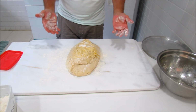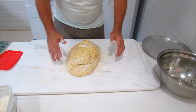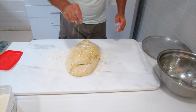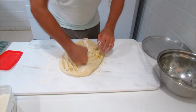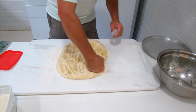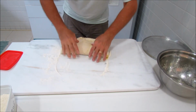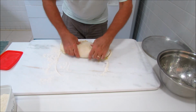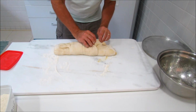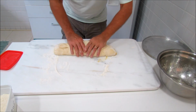You've actually already seen what it looks like at the very end. So now that we've got it on the table here, get a little extra flour on it so it doesn't just go everywhere. We've got to get the air out of there. We're going to punch this down a little bit just to pop all that air out of there so we can start working it just a little bit more again, okay? Not too much extra flour, that's a bad thing, okay? Especially right now, because what will happen is when you fold it up, if you have too much flour on there, when you go to stick it in the oven, it won't go back together again